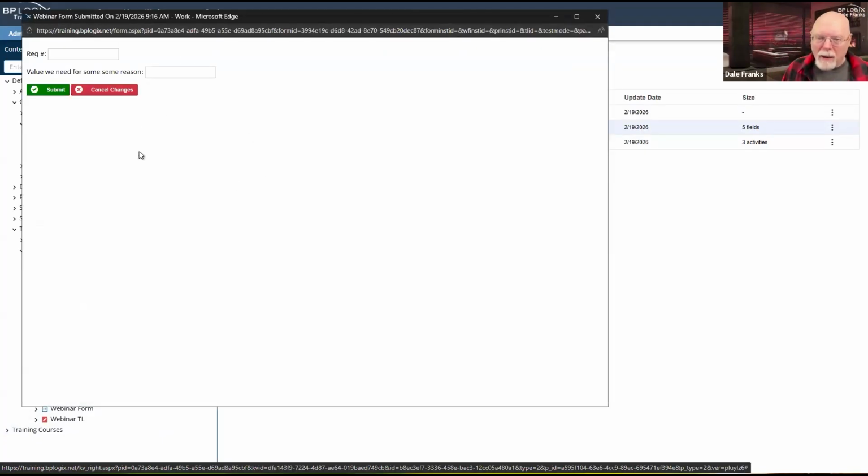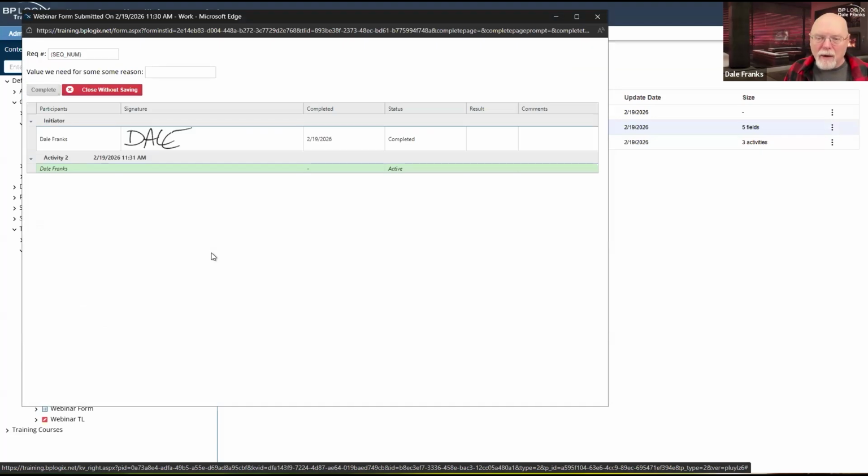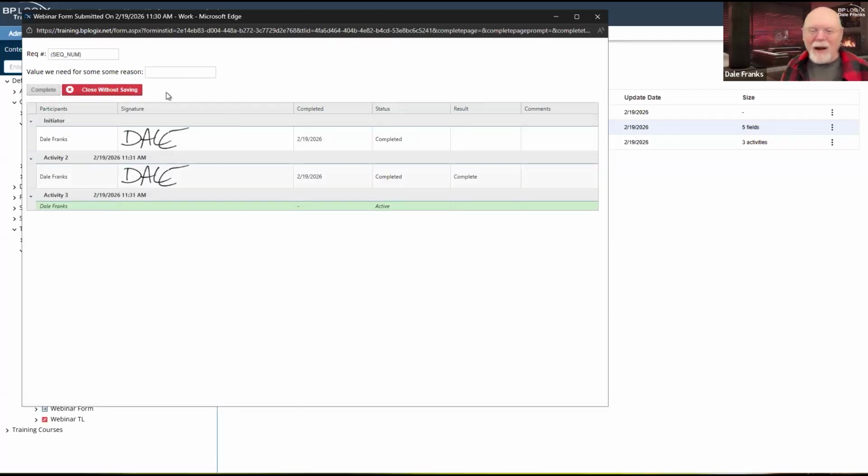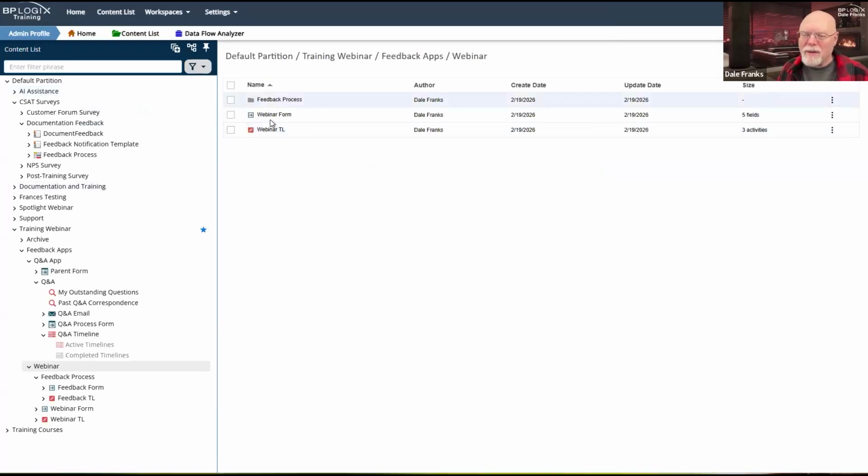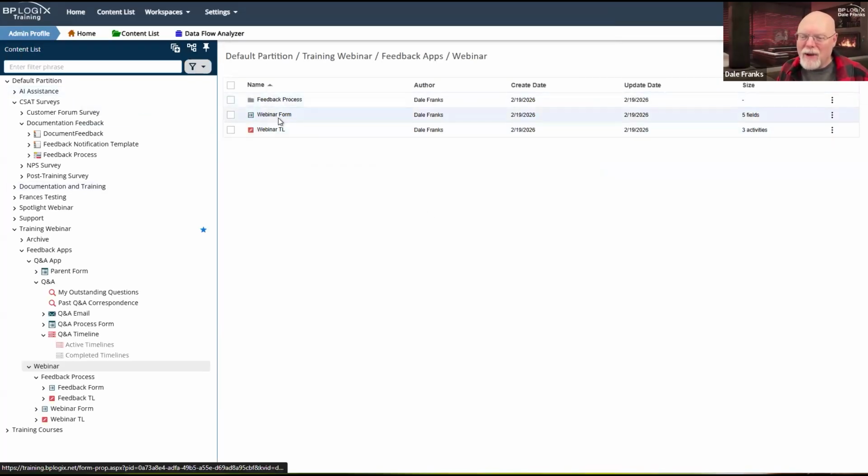Okay, I don't have a feedback button. Good, shouldn't have one. Don't have a request number. Shouldn't have one either until I submit my form. Okay, now I've submitted my form. My request number is wrong because I am not using a custom variable. That is a parentheses. So I know that's wrong. And I'm not seeing my request feedback button.